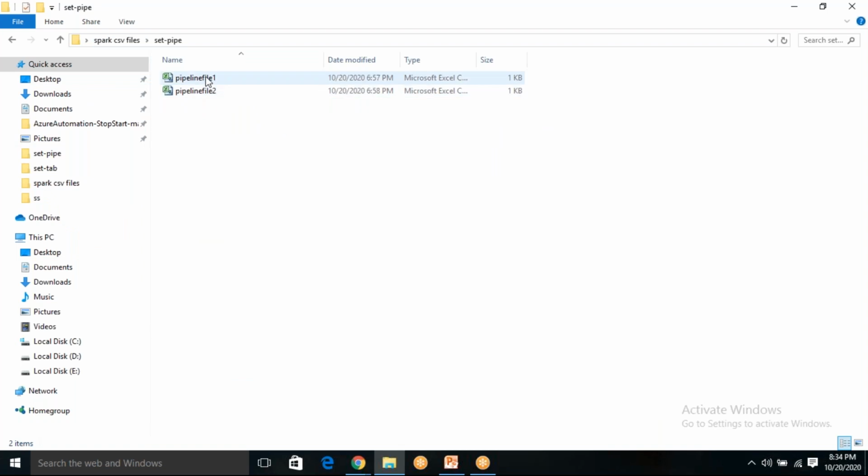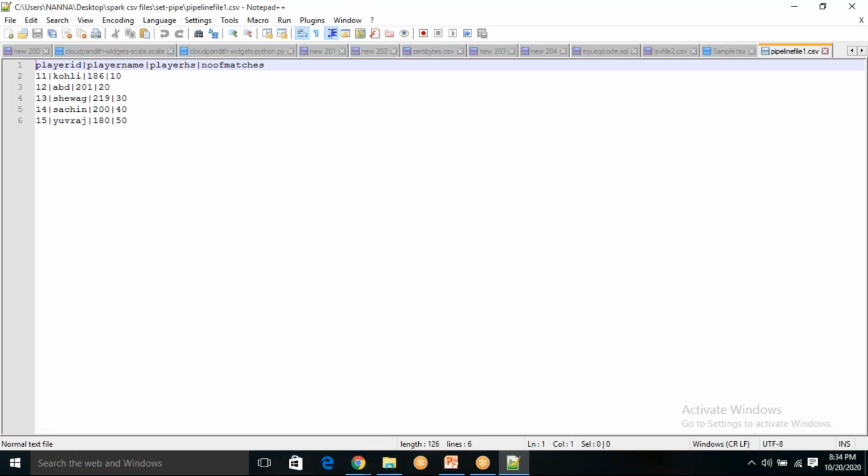Now, if you go to the set of files with pipe delimiter, just open them with Notepad++. Here you can see how the data looks. You can see player ID, player name, player highest score, number of matches, but these records start from 11 to 15.